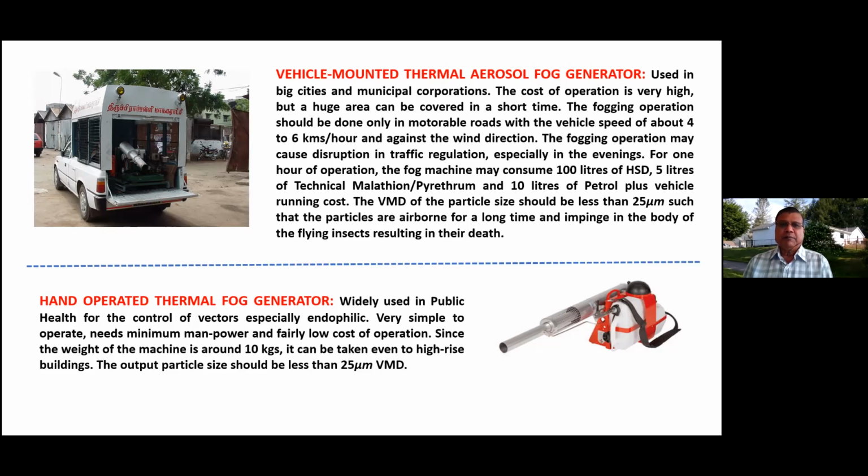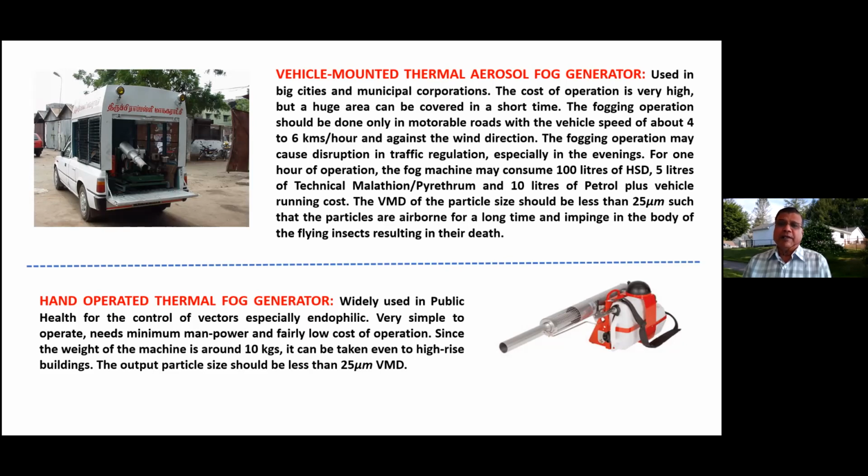The fogging operation is to be done only in motorable roads. That is one advantage. You cannot, a disadvantage: you cannot drive it in a culvert or in a metal road. Only in motorable road, where the machine and the vehicle will be stable when they run. Then the speed of the vehicle should be between 4 to 6 kilometers per hour and against the wind direction. The speed of the vehicle should not go beyond 6 kilometers, and it should be against the direction of